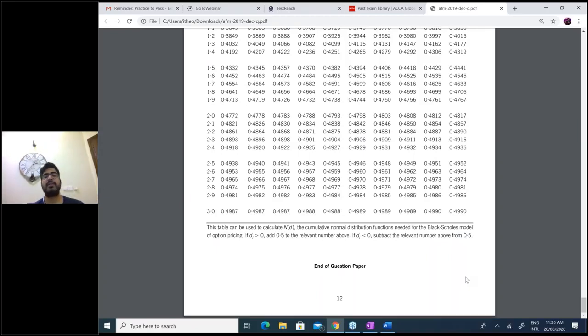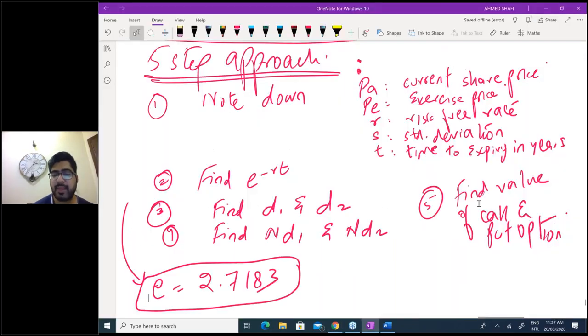Now, I will tell you what this means when we do the question, but the important thing is that this table can be used to calculate N(D), the cumulative normal distribution functions needed for the Black-Scholes model. If D is greater than 0, it's positive: add 0.5 to the relevant number. If D is less than 0, it's negative: subtract the relevant number above from 0.5. Okay. Once you are done with this, N(D1), N(D2), then finally in step 5, you need to find the